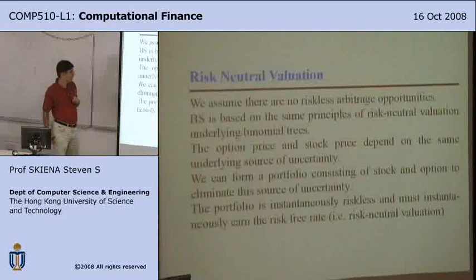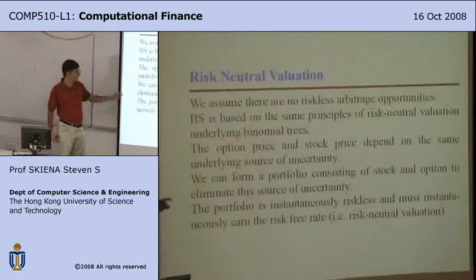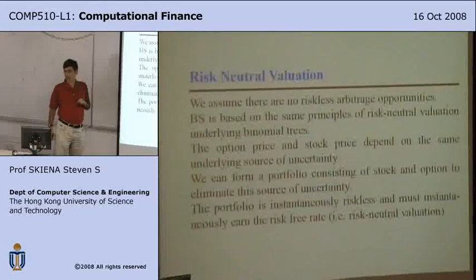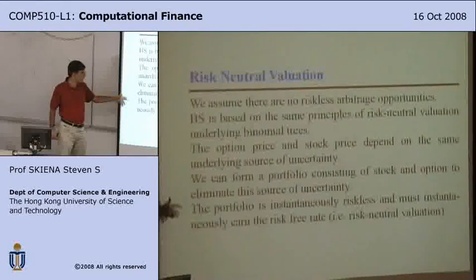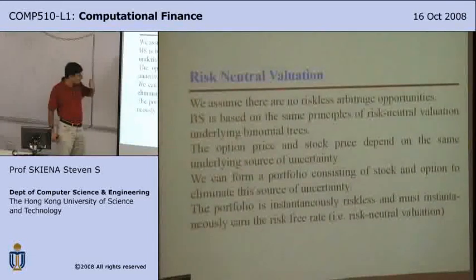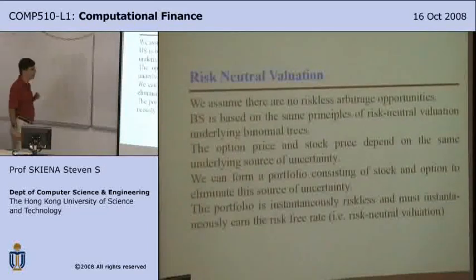Okay? And the portfolio has the property that at this instance it is riskless. Because it is riskless, it must earn the risk-free rate. Okay? And that's, again, the same basic theory, the idea that we had before. Any questions? So the Black-Scholes equation, just like with the risk-neutral valuation we did with binomial trees, is going